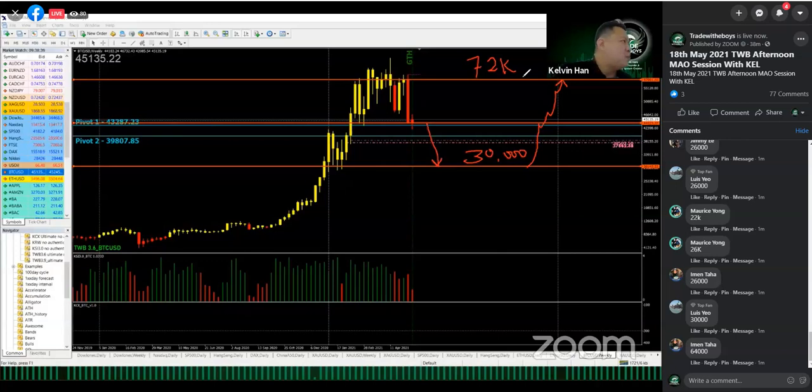Okay, you get the idea now? So what I'm trying to say is this, okay, if Bitcoin will fall, it may go down to as low as 30,000. If Bitcoin managed to hang around and recover, then of course the next level Bitcoin could be going to